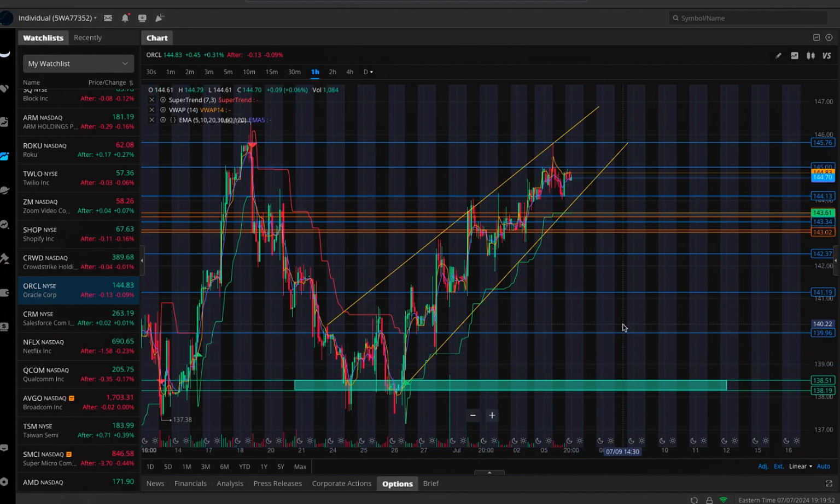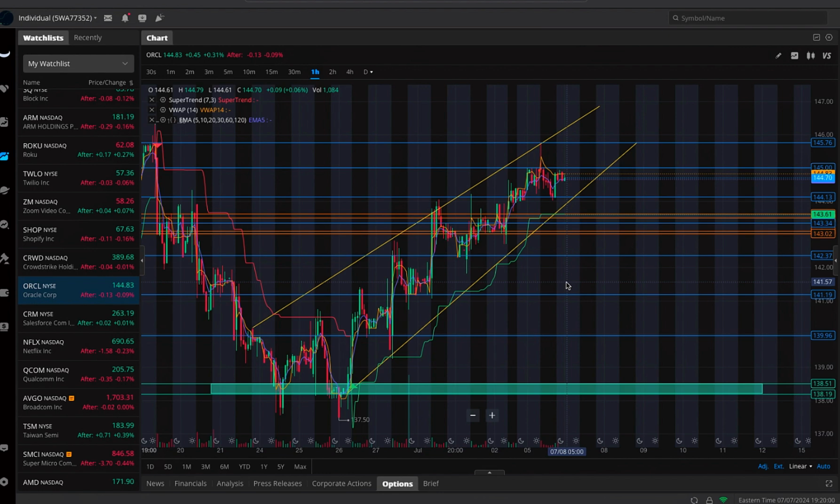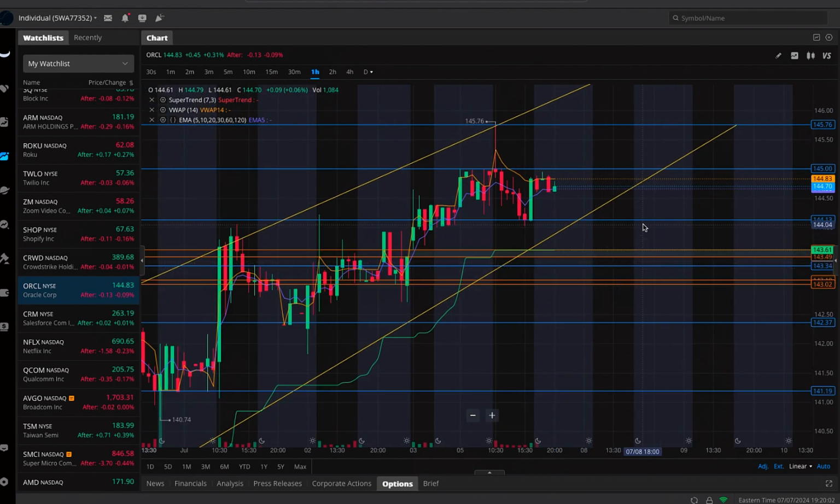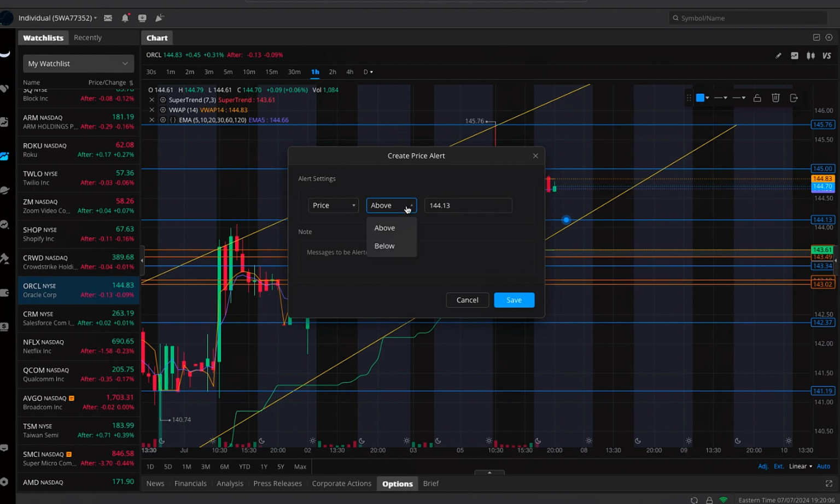It's possible, especially with Oracle. It's a good company, but it's definitely a company that kind of stays in range like this. So I would like this, especially if we broke. I'm going to put an alert here, under